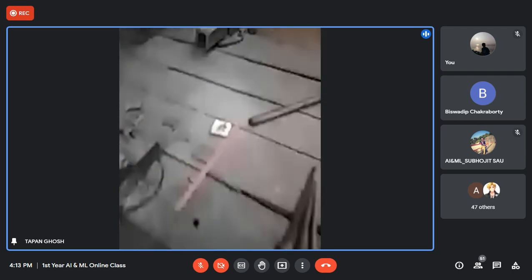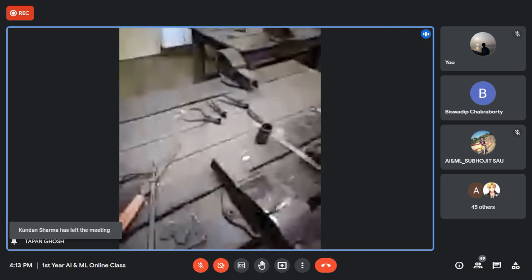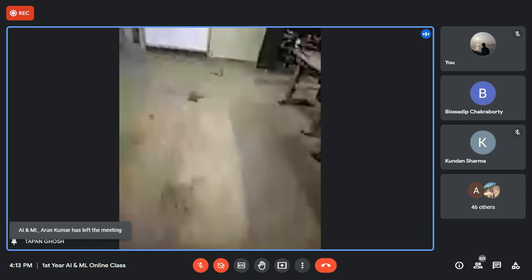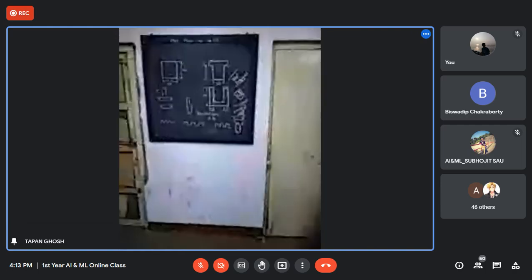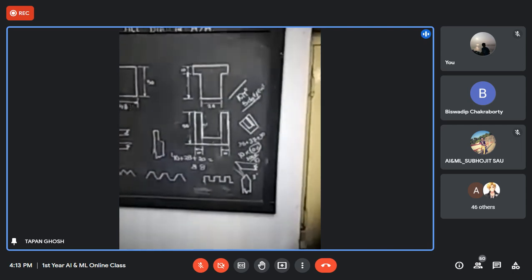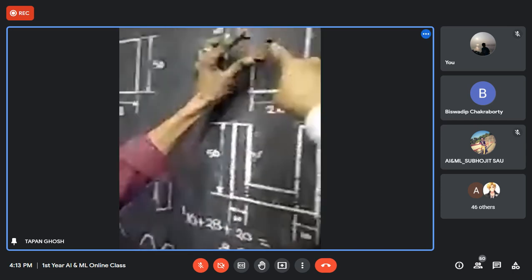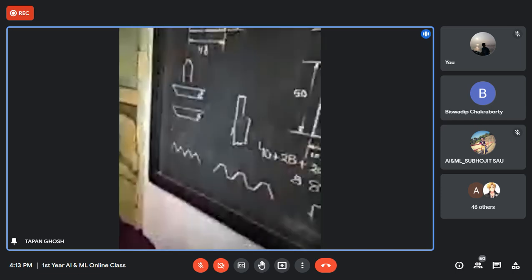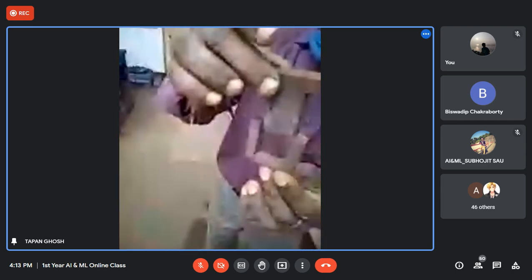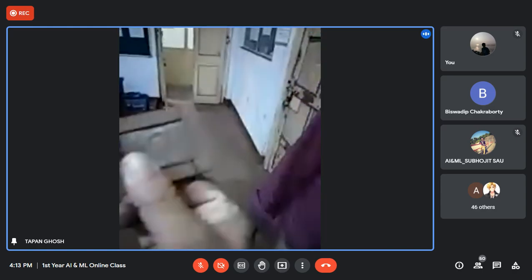So another job is here. I'll show you, this is called a fitting job. As per your drawing, I'll show you on the board. So this is your final drawing. You have to make 2 pieces like this. This is the one. After cutting and filing, there is another one here. Then you have to join them, make it 1 piece like this. So this is a fitting job. This is called a fitting job.